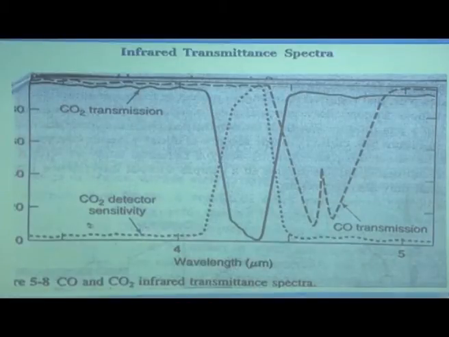This is the CO2 detector sensitivity. It is very sensitive. It is exactly inverse of this signal versus this signal. This is for carbon monoxide. So, carbon monoxide mostly is absorbed around 4.6 or so. So, when the light passes, this will be absorbed. If it is absorbed around 4.2, 4.3, it is for CO2. It is characteristic of CO2. If it is around 4.6, then it is characteristic of CO. So, this is the transmittance spectra from CO and CO2.